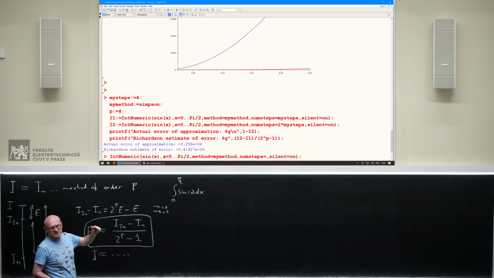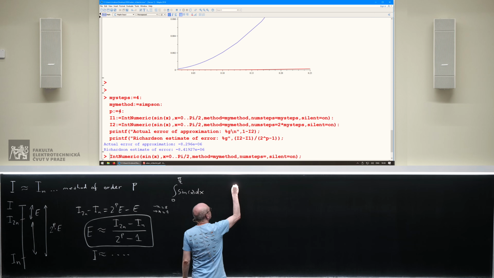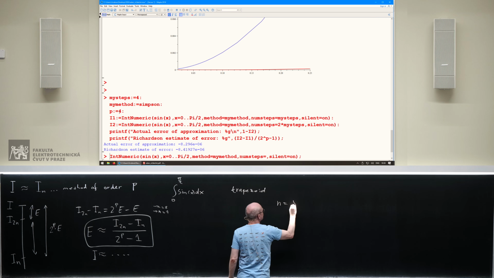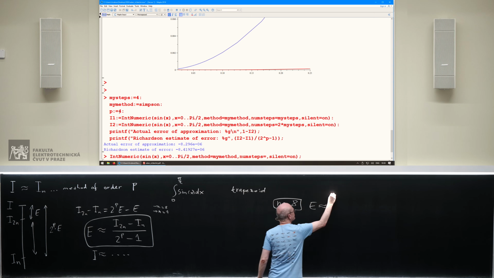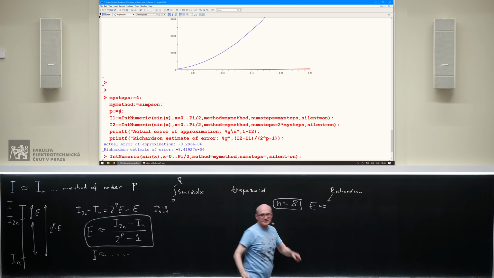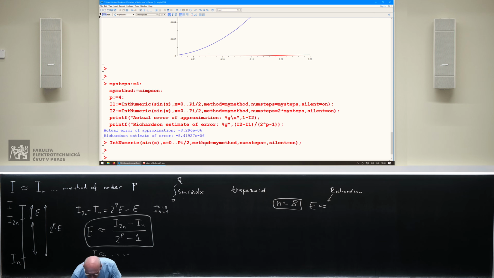Now, to conclude this very short section, let me show you something. I will use the trapezoid method, and I'm interested in what happens when n is equal to 8. And I will use Richardson estimate. And I will do it by hand so that you can see what I'm actually doing. So, here I calculate using the trapezoid method with number of steps 8,